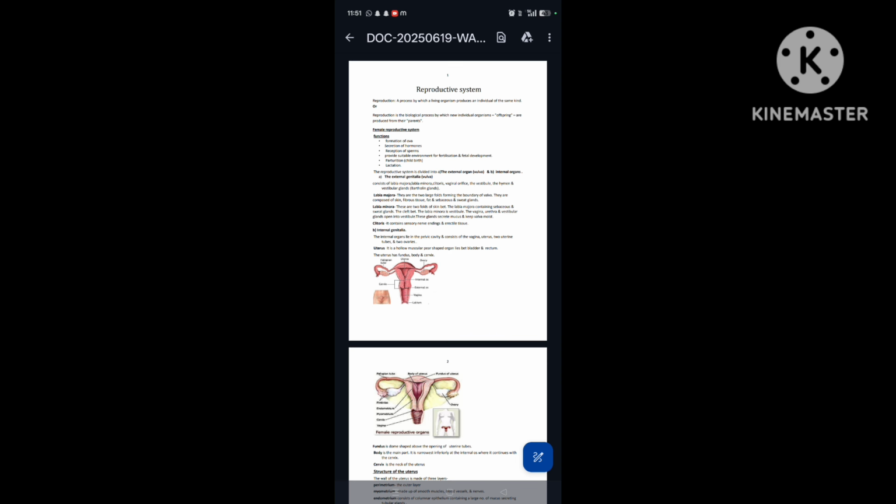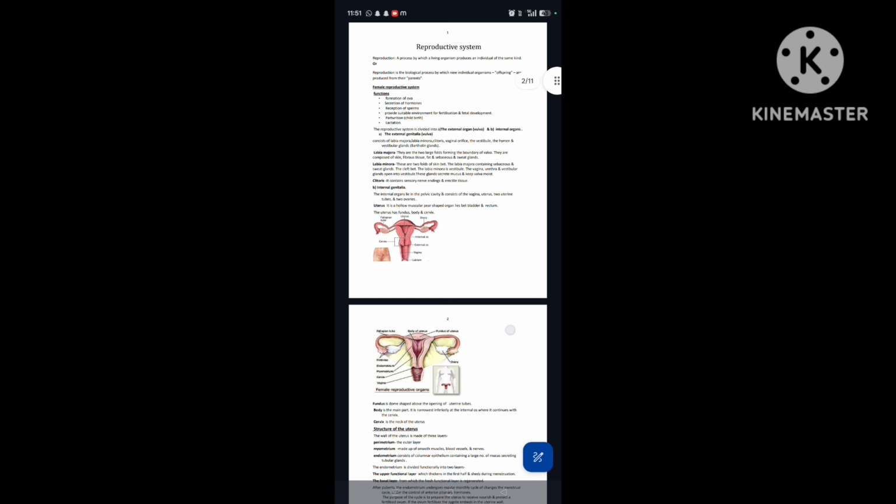The second definition is, reproduction is a biological process by which a new individual organism or offspring is produced from its parents. Now, female reproductive system function. Let's see the functions: formation of the ovum, secretion of hormones, reception of the sperm, providing a suitable environment for fertilization and fetal development,